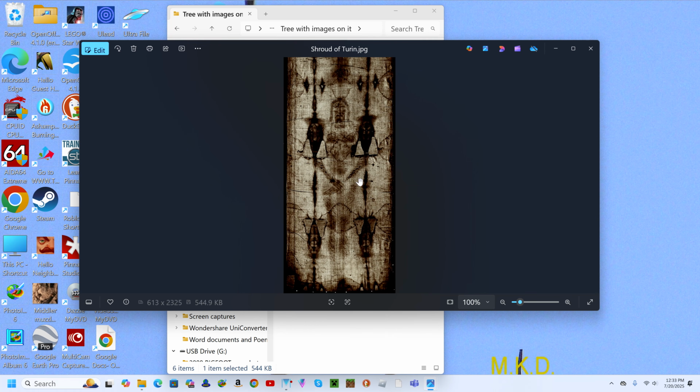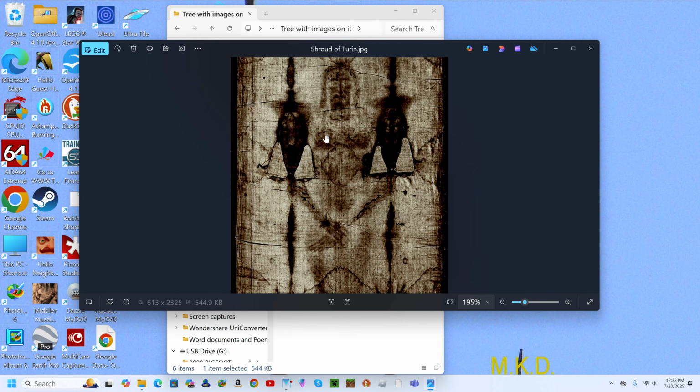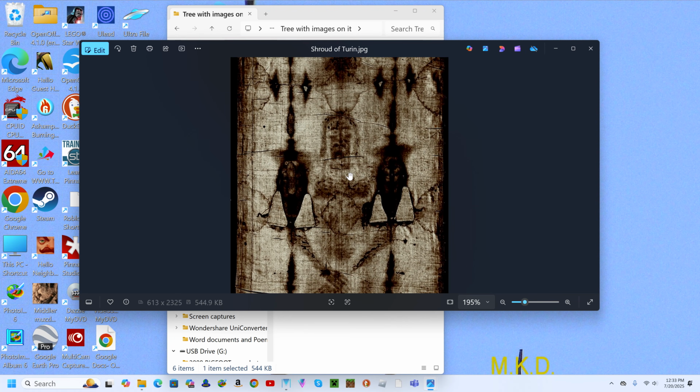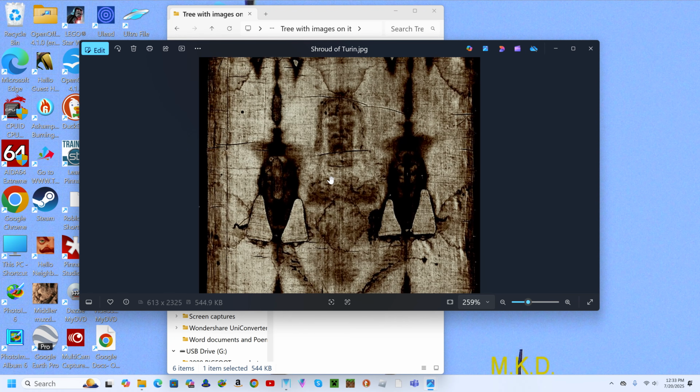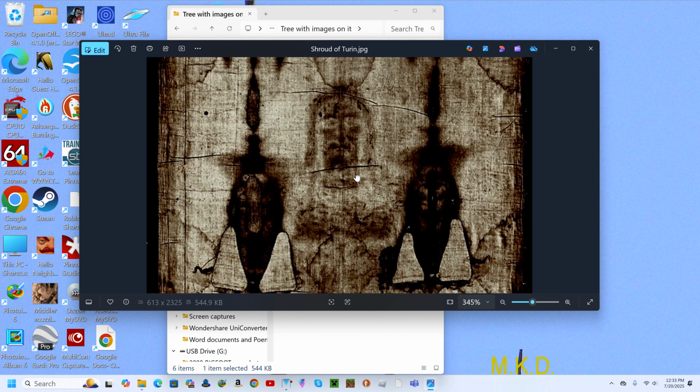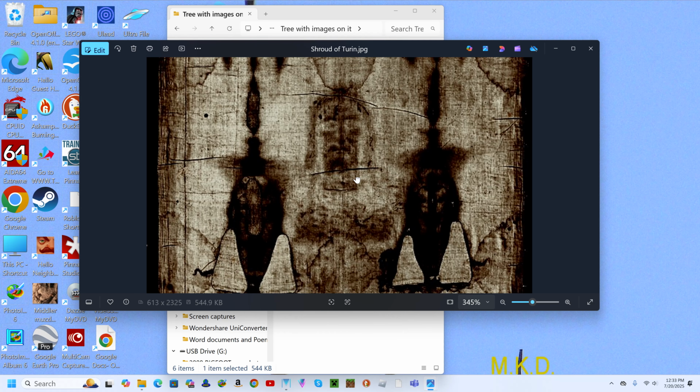Now, later on, this shroud was in a fire. The whole place burned up, but they rescued it. They got it out before it completely burned, and that's what left these dark streaks. But that wasn't on the original shroud. What's really odd about this is that it left an image in 3 dimensions, which still has experts scratching their heads. How did it record this man in 3 dimensions?